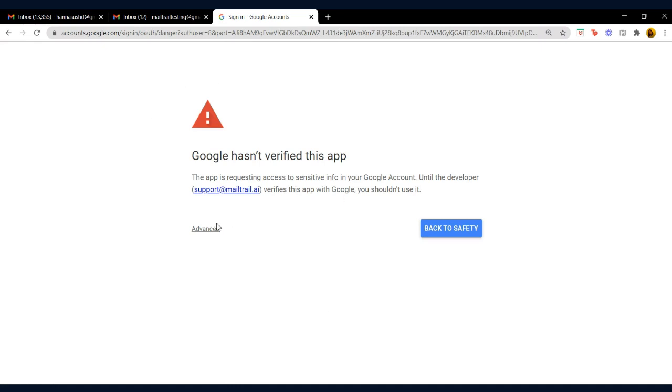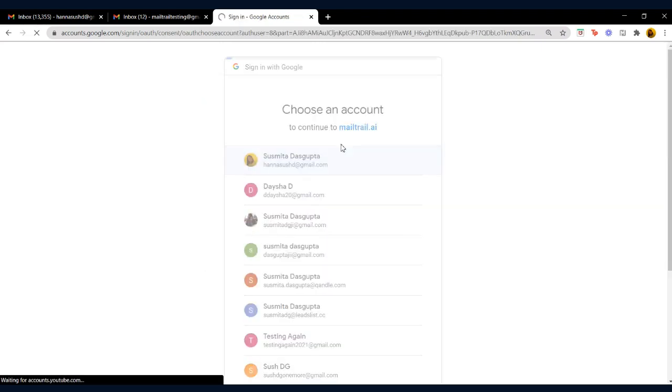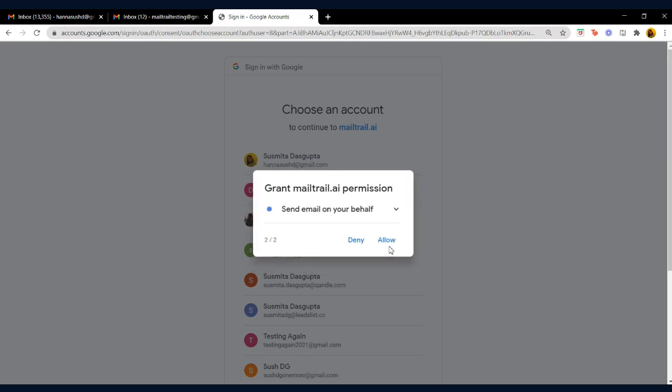Here you can see this screen comes up showing that it's not a verified app. I'll go to the unsafe option, and here it is asking me whether I want to grant permission for viewing my messages or emails. I'll allow this and the send on behalf scope. So we have changed our scope to more granular ones, which is send on behalf and read only, in